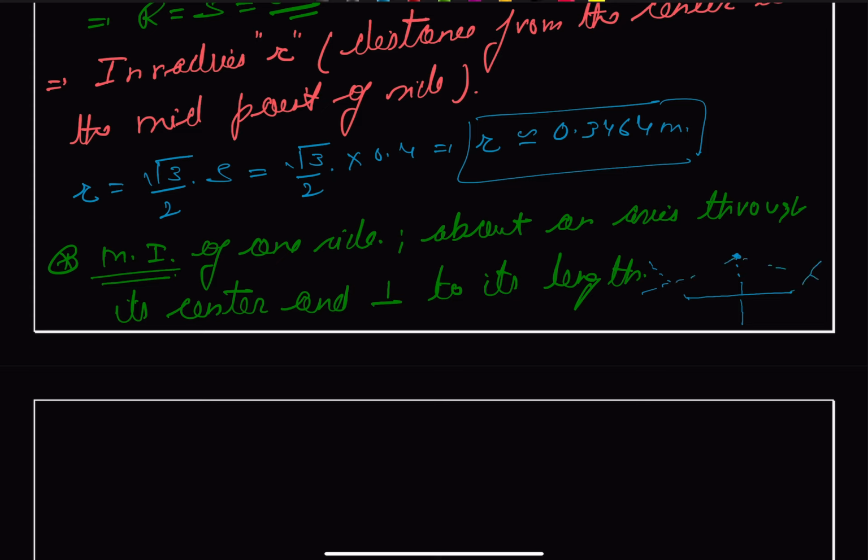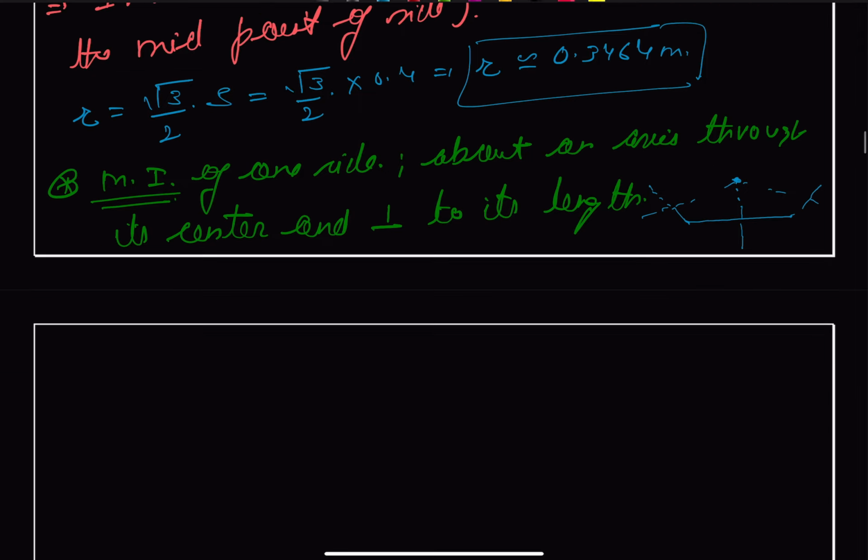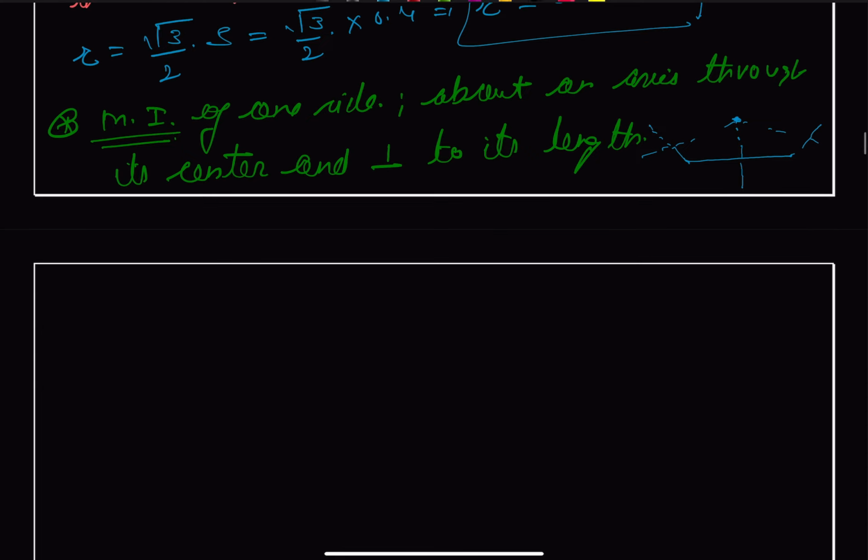So for all the sides of the hexagon we are going to find out the moment of inertia with respect to the axis passing through the center and perpendicular to its length. So we can say that I through its center of mass for a single rod, we know the formula is 1/12 ms square,